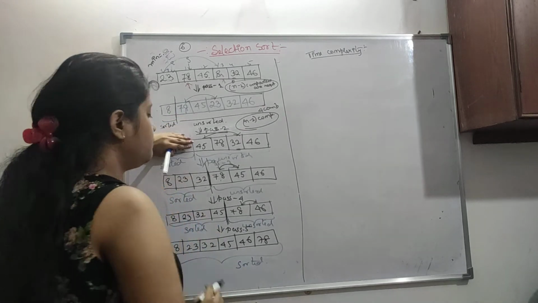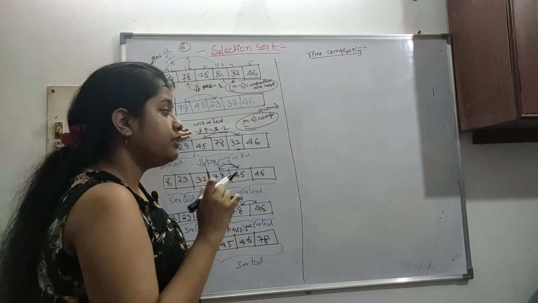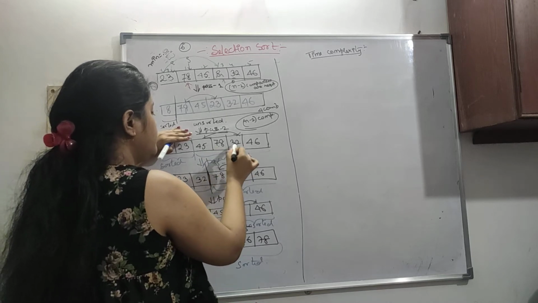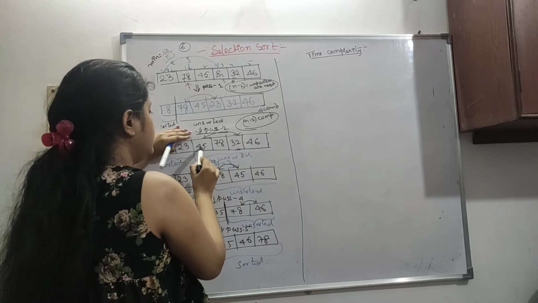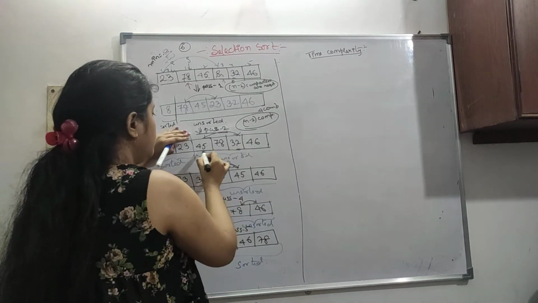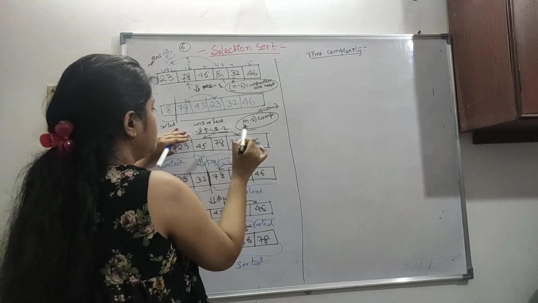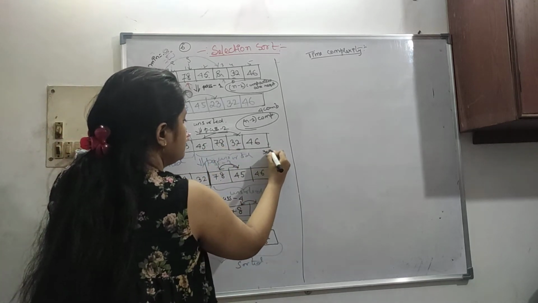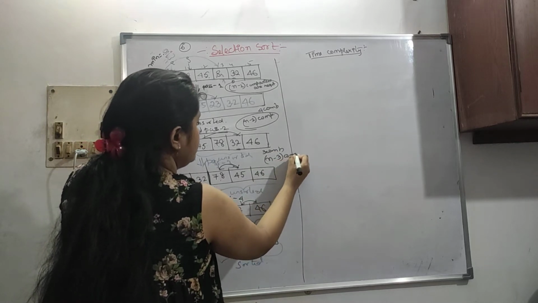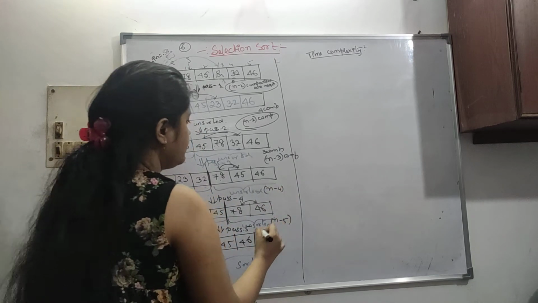So 8 and 23 we don't need to see. Let's say 45 is our next minimum element. Now we have to find the actual minimum element. So 45 is checked with 78, 45 is checked with all this linearly, it is searched. Then 32 is actually our minimum element. So how many comparisons are required? Let's say 1, 2, 3. 3 comparisons are required. So 3 comparisons means n minus 3. Like this. Then n minus 4. Then n minus 5. Like this it is going.